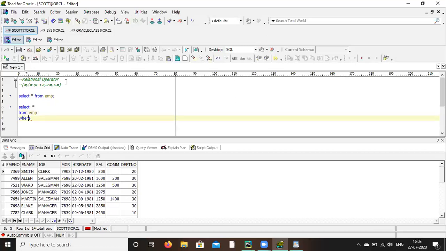So where job equal to manager. When you write manager, you have to give single quotes, and it is case sensitive. That means you have to give manager in all capitals. Or else when you do control enter, nothing will come.